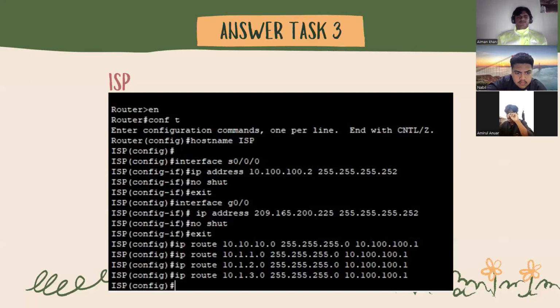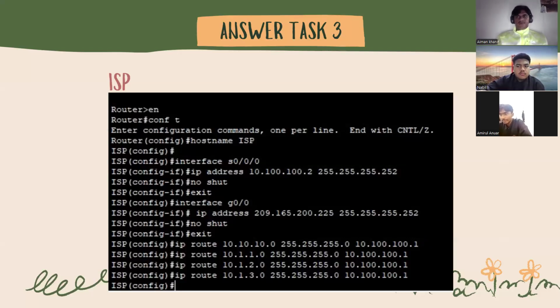Then we press enter the command no shutdown and we exit the interface. And then we must add the IP route command. So we have 4 IP route commands here, and the first one is ip route 10.10.10.0 255.255.255.0. Then we enter the next hop IP, which is 10.100.100.1, and then we enter the command ip route 10.1.1.0, and